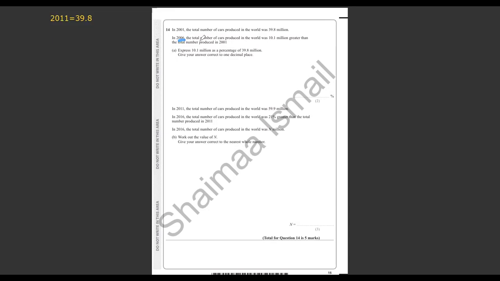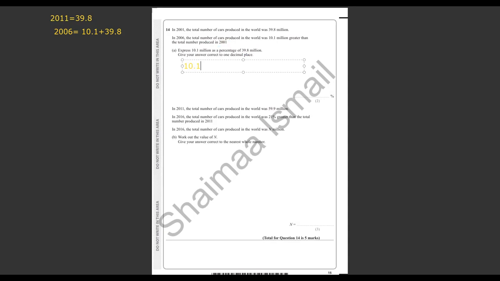Okay. And in 2006, the total number of cars produced in the world was 10.1 million greater. So in 2006 will be equal to 10.1 plus the 39.8, because it's greater than the one produced in 2011. Okay, I'm just analyzing the question. Express 10.1 million as a percent of 39.8. Okay, he gave us the 10.1, so we're going to make it